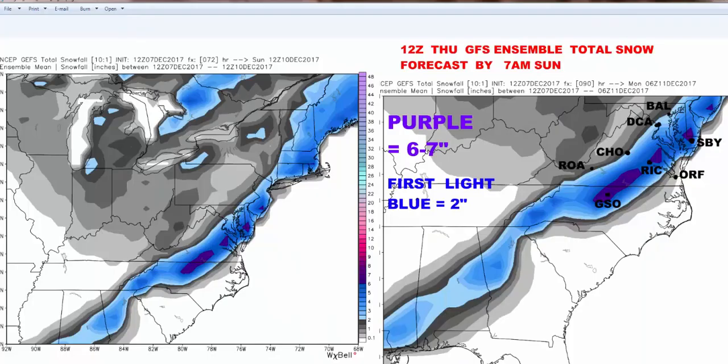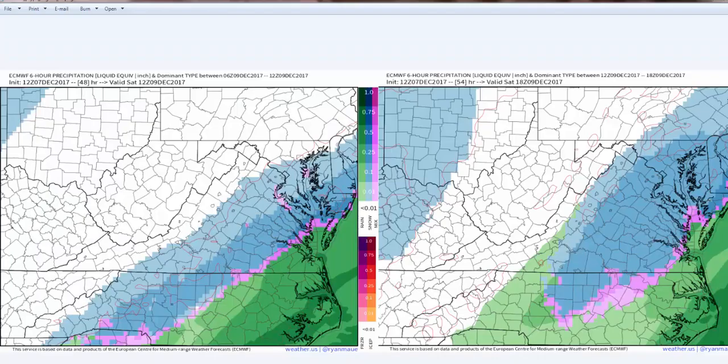And you compare that to this, which is just an extension. You can see continuing up into the New England area, so you can see a little better here. But again, I posted the cities so you can see where the proximity was on the GFS ensemble, which is pretty impressive. Then the European started coming out.